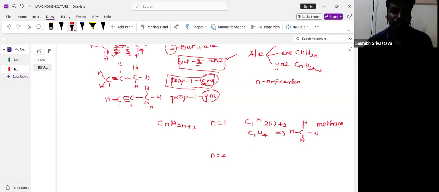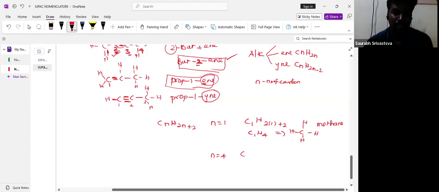Then CnH2n+2 means the C count is 4. Now the H count: here you have to multiply 2 with 4, next plus 2. Now C4 you write directly as C4. For H, 2 fours are 8, correct? 8 plus 2. Again, C4H10 you will write. Correct? Now